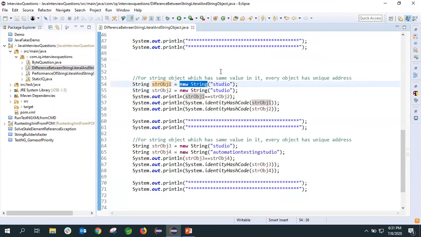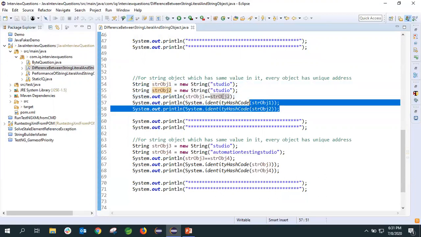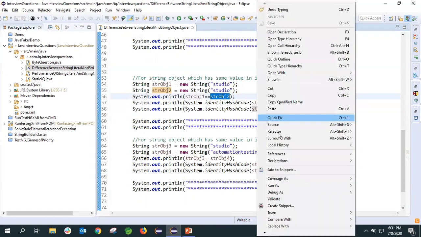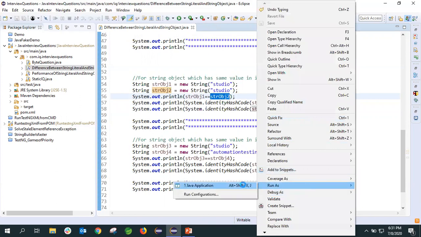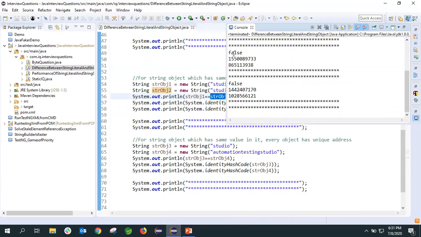So every time it will create a new space in the heap. So these values will be different, and it will be false. Okay, let's see this as well. So this is false, and this value will be different.